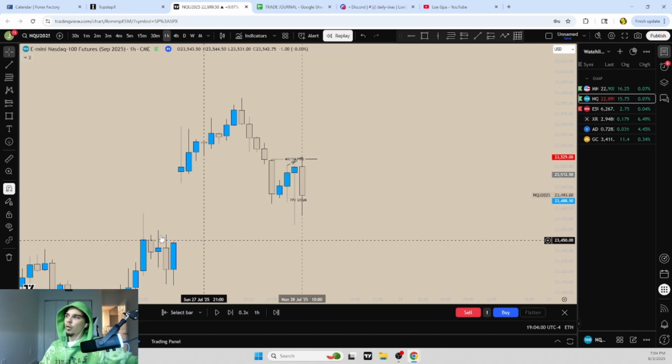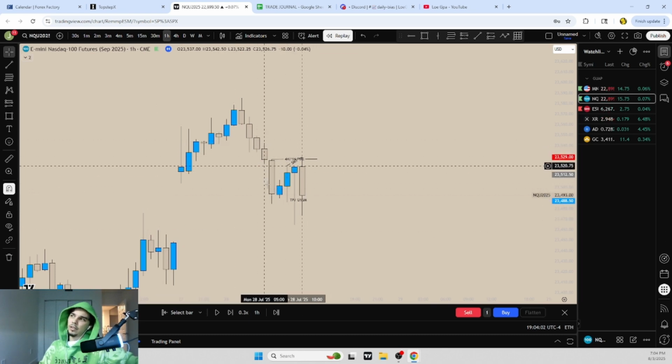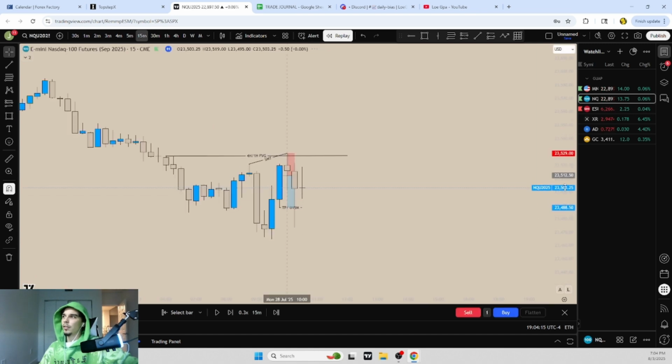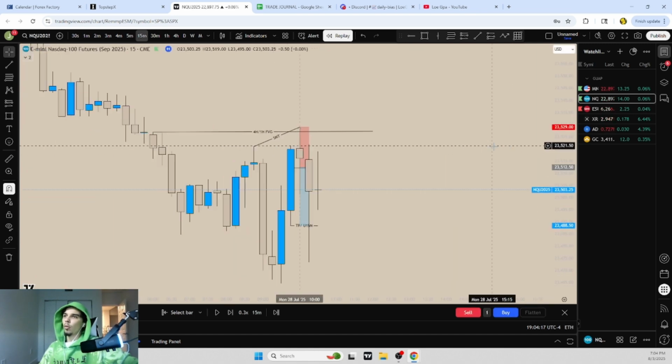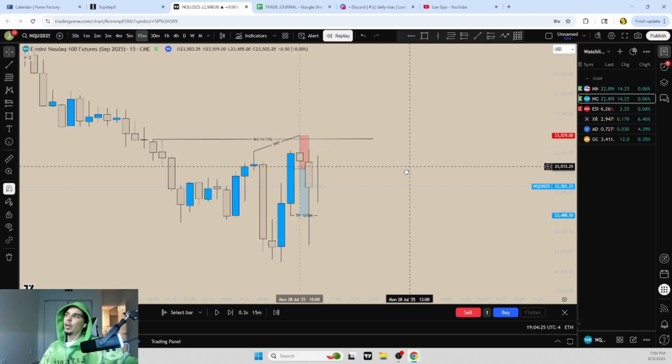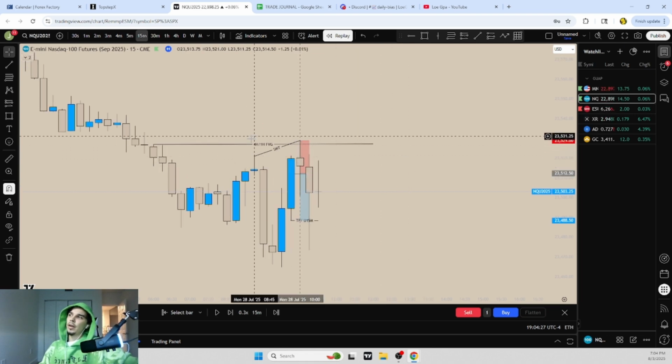I wanted to fill the NWOG completely. So here's a nice continuation trend. Tap into the 4-hour, tap into the 1-hour. Now I'm just looking for middle time frame conditions and then a lower time frame entry model, which would be our inversion. So I'll drop down to the 15-minute. What is going to be our 15-minute or 5-minute condition? Well, as of right now, my condition was this SMT inside of this hourly fair value gap. So as soon as we tapped into this 4-hour and hourly fair value gap, along with creating a bearish SMT,